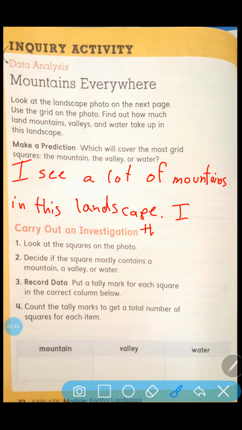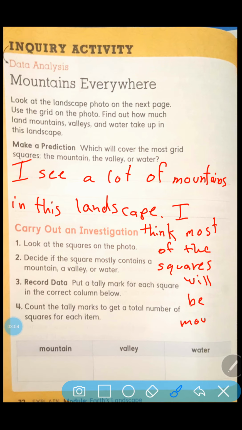I think most of the squares will be mountains. Okay,